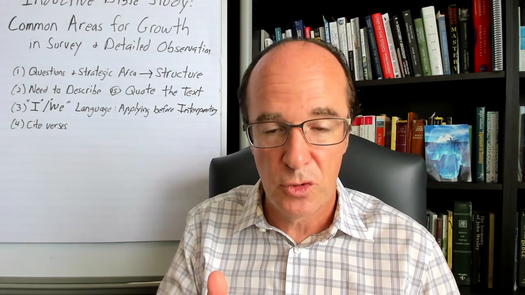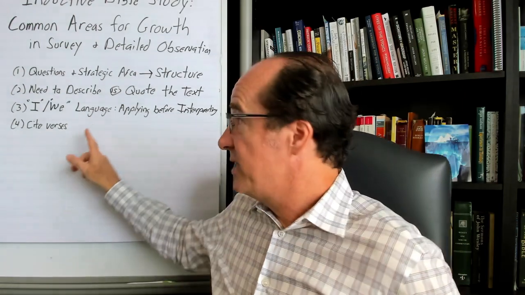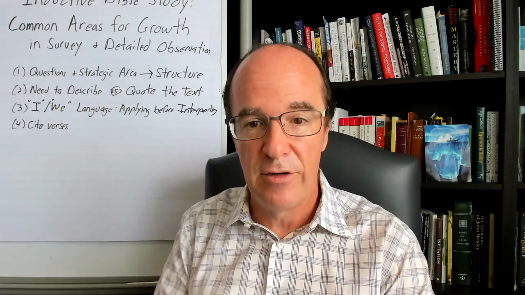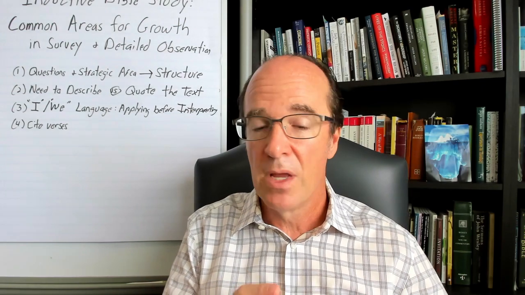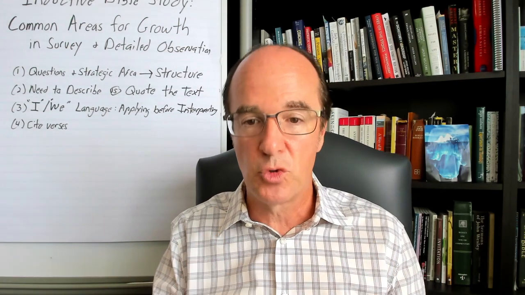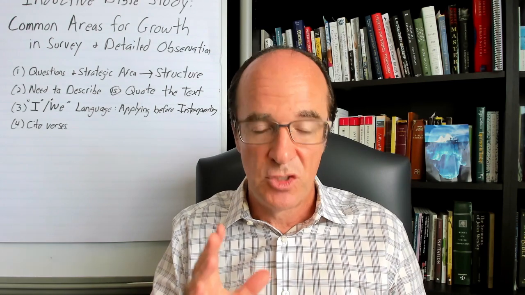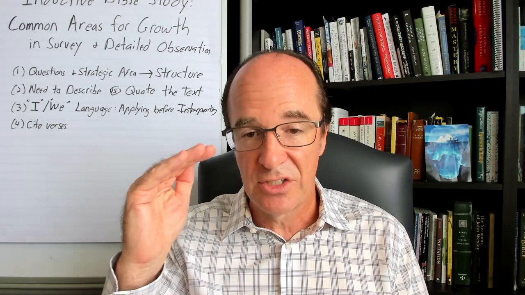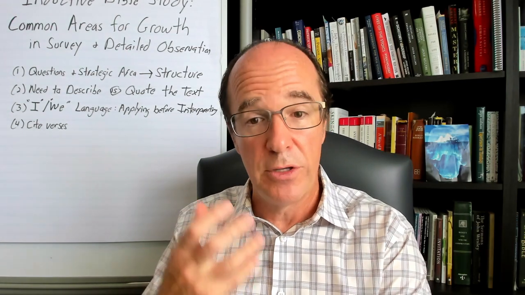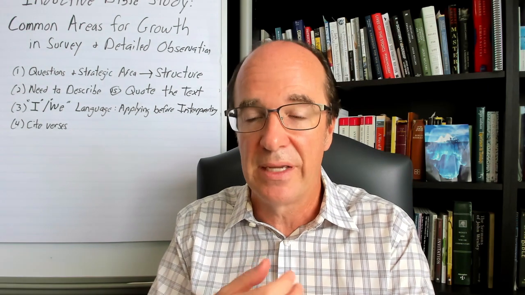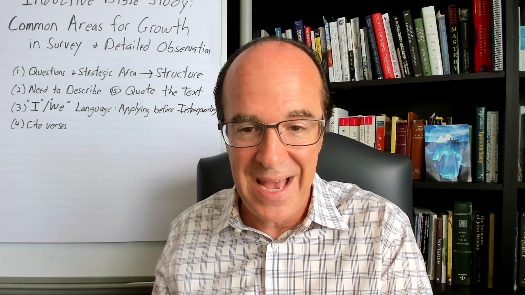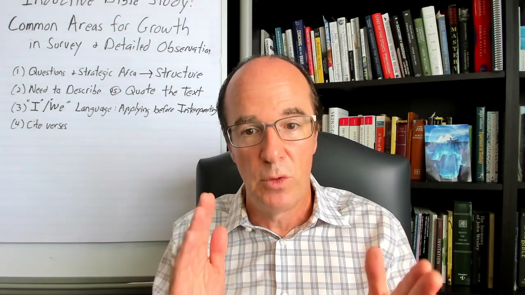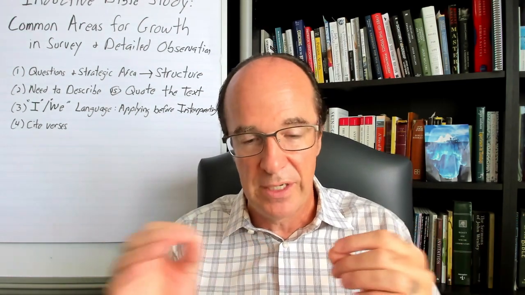So first of all, in your surveys, make sure that when you're asking questions as well as identifying the strategic passages, those all link back to the structures that you identify. So if you have identified, say, contrast, your questions aren't just going to be anything that you find interesting in the passage, but instead you're going to ask a set of questions about how you see the contrast functioning in the passage. So obviously, when you describe contrast, you're going to be talking about what is being contrasted, and then